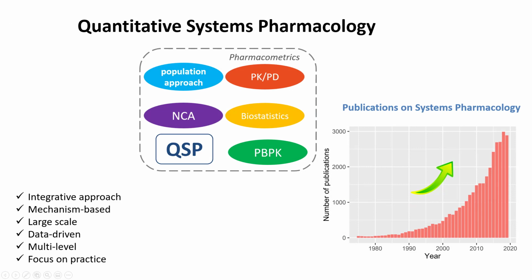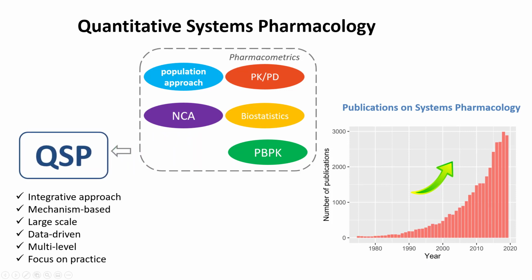Quantitative systems pharmacology is an integrative discipline applying mathematics for modeling drugs, mechanisms of their actions, disease progression, and adverse effects. On the one hand, QSP is related to pharmacometrics. Both approaches work on the same problems. However, QSP is more mechanistic and covers more details from different levels.